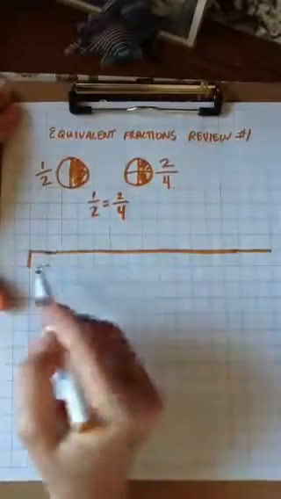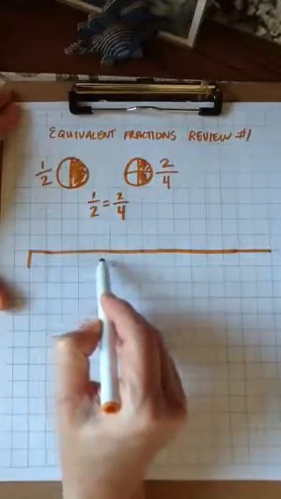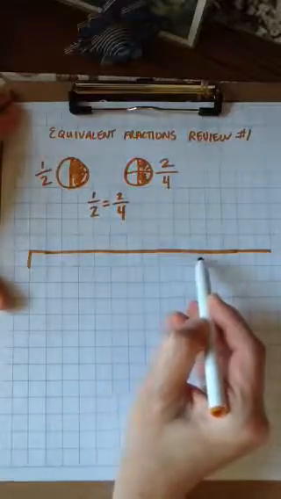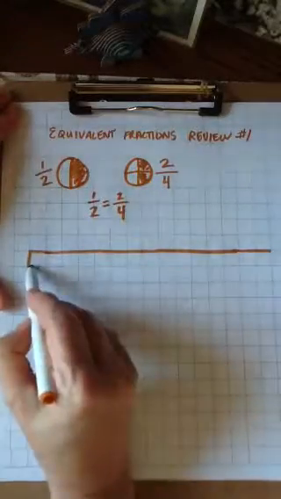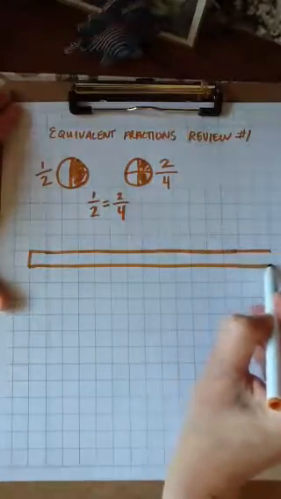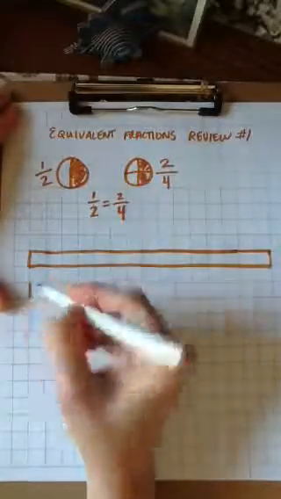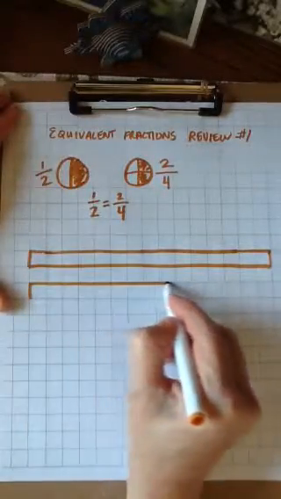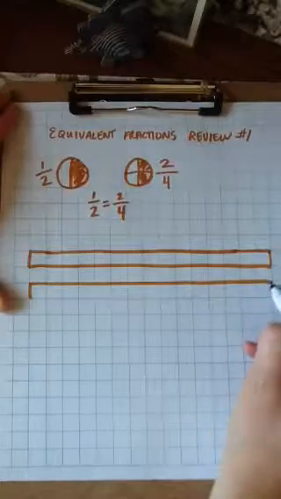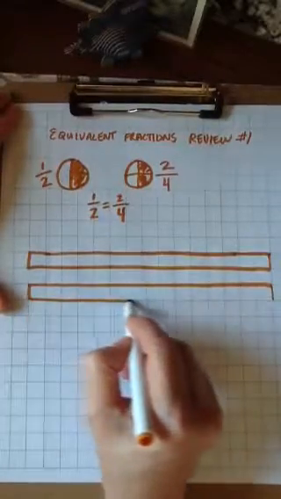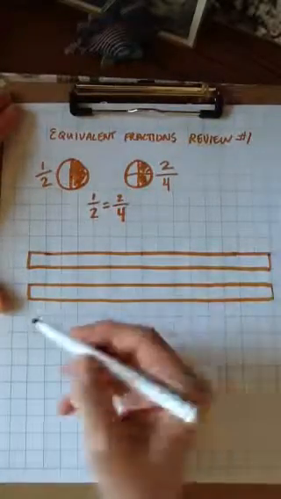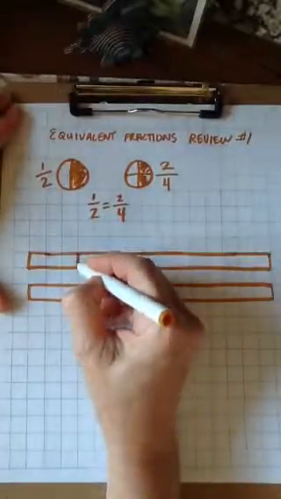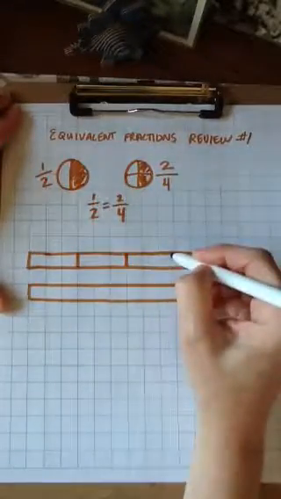And let me just double check that I got 15. 1, 2, 3, 4, 5, 6, 7, 8, 9, 10, 11, 12, 13, 14, 15. Okay. So if I have a candy bar that's this big, and I have another candy bar that's the exact same size, it has to be the exact same size for what we're doing right here. If I cut this one into pieces that are this big,